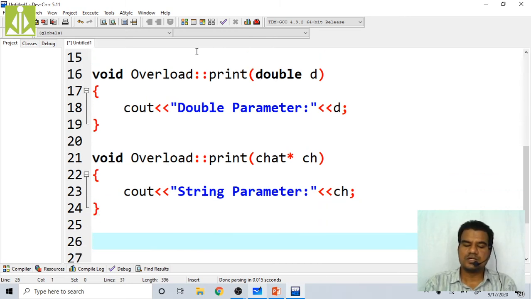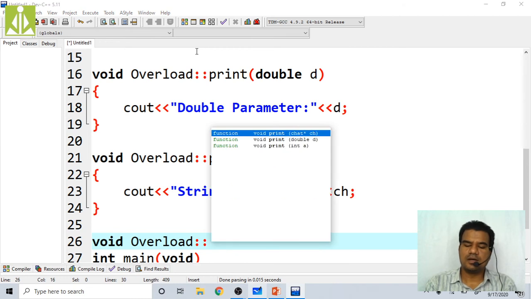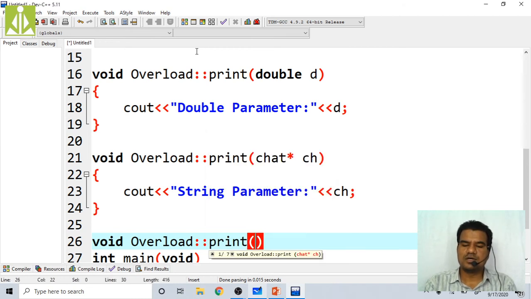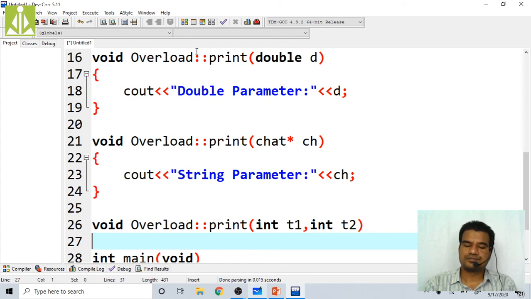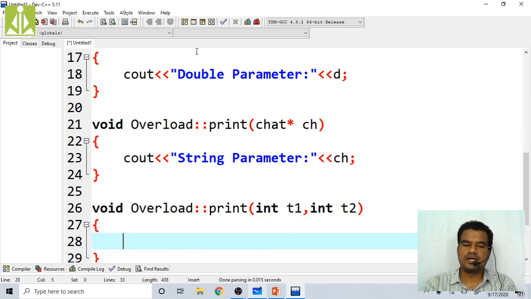Close this one. So next one more we have, that is void overload::print(int t1, int t2), like this. Now write the definition, cout. So basically what we said, it has to add those two.